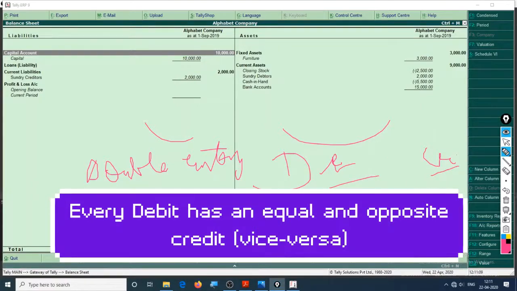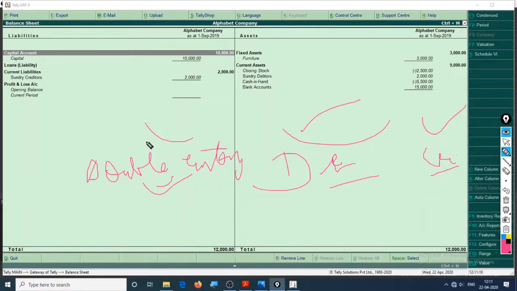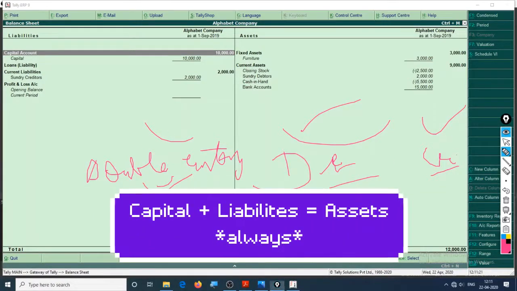Hence, it provides us a dual aspect of correct entries, and if there is a defect on one side, we will find a defect from the other side, and that is how a balance sheet is always balanced. And this right here is our capital, this is the liability, this is the asset, hence creating our accounting equation, that is C plus L equal to A.